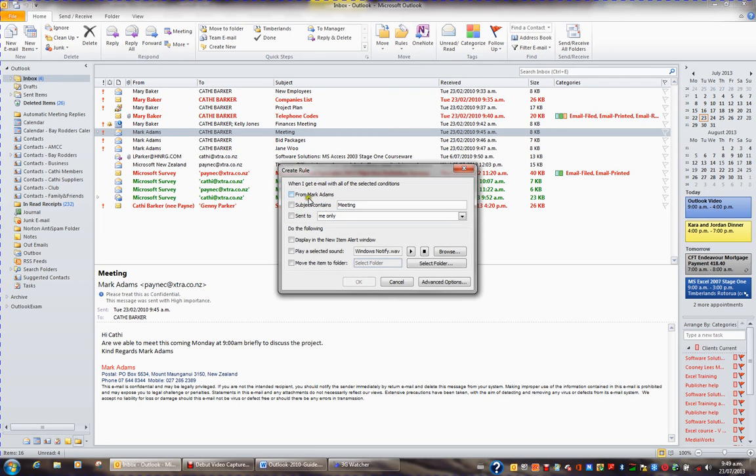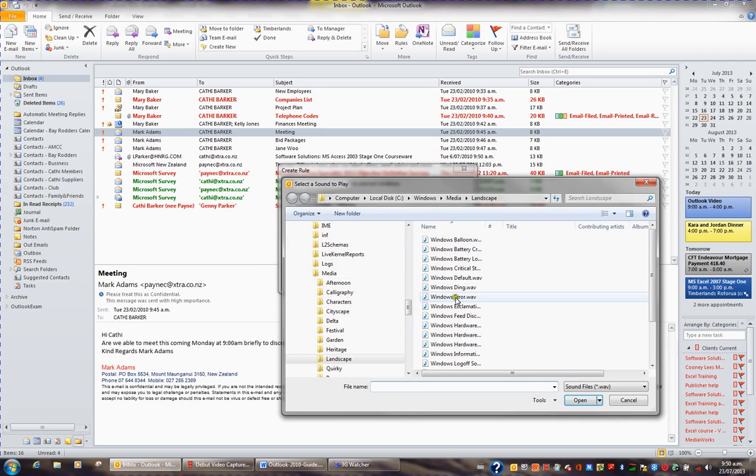If I receive an email from Mark Adams with a particular subject and sent only to me, I can choose these various options. But I'll just choose any email from Mark Adams. What I'd like it to do is display a new item alert window, and I'd also like it to play a selected sound, so I'll tick this option. I can then browse for a particular sound,